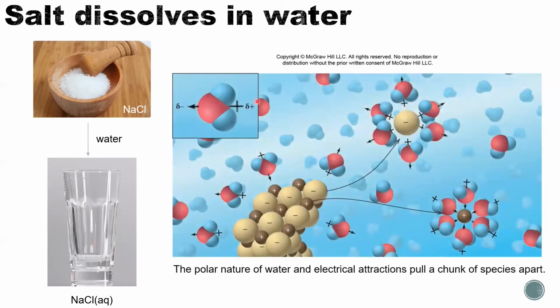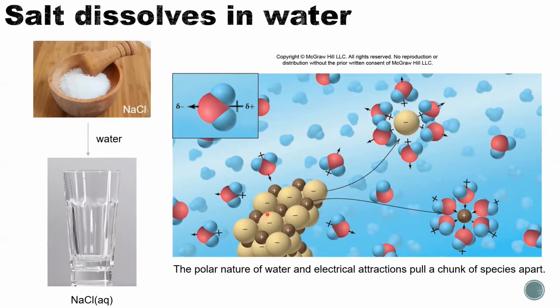Well, if you look at a water molecule, it has this V shape. Because of that V shape, the electron distribution within this water molecule is not even. So some areas of the water have more electrons than others. We call that polar. The polar nature of water can help to split the bulk sodium chloride into this invisible solution. Because of the electrical attractions, these water molecules will grab the ions, either cations or anions, apart from the